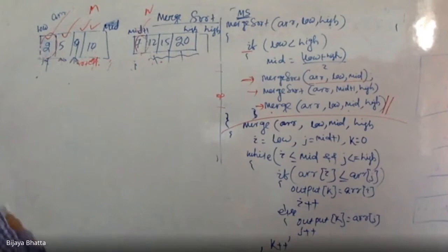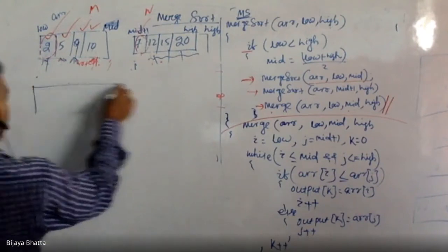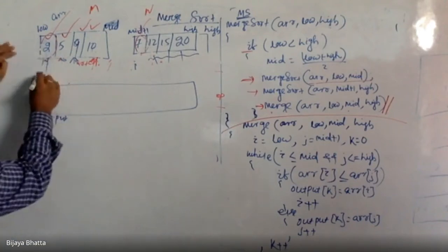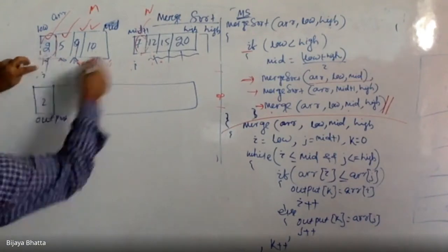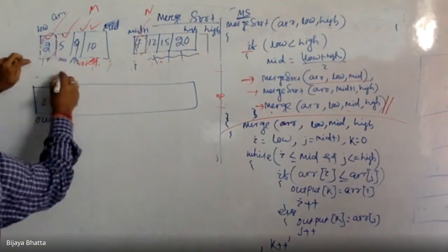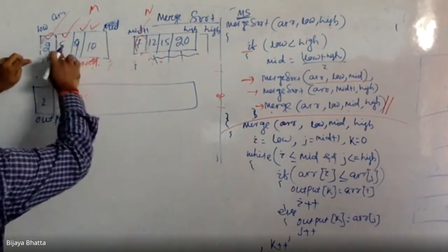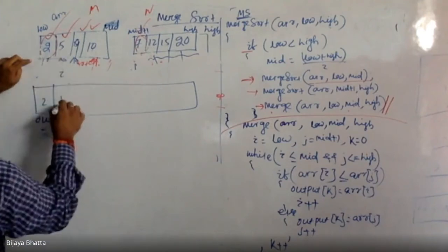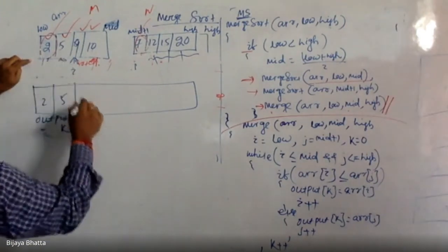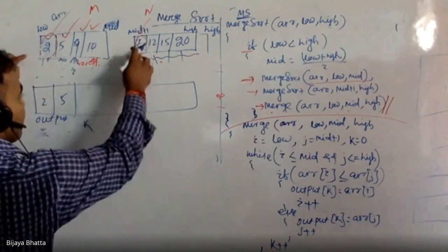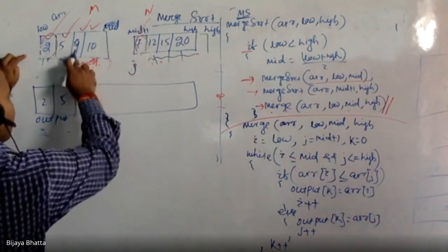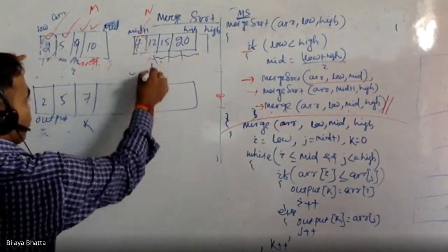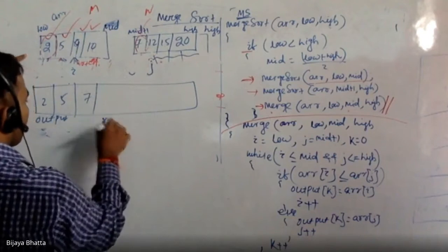So what we did till now: we created an array, which is the output array. This is my i, this is my j, I copied 2 here, then again i is going to be plus plus. i is here, then 5 and 7, 5 is smaller, so k is pointing here, so you kept 5. Now i plus plus, k is going to be here, now this is my j and 9, so 7, j is now less, so j is going to come here, j is going to be plus plus, k is going to be plus plus.